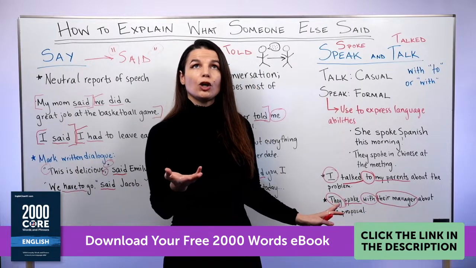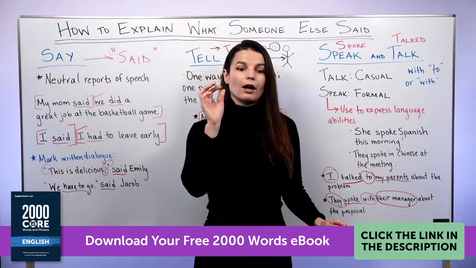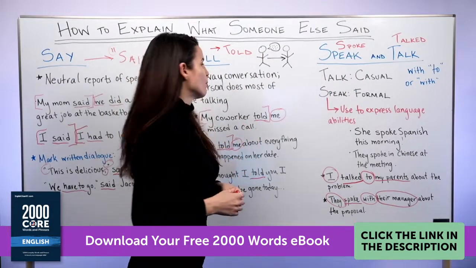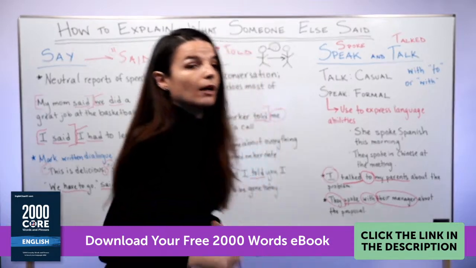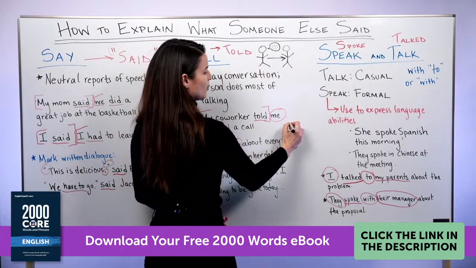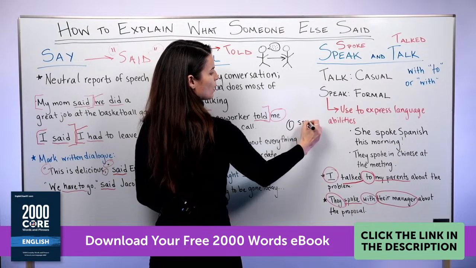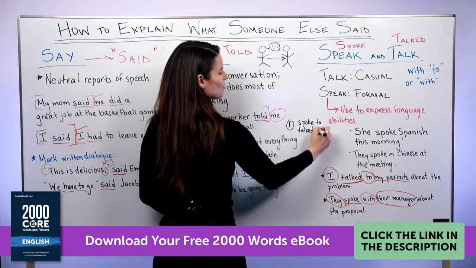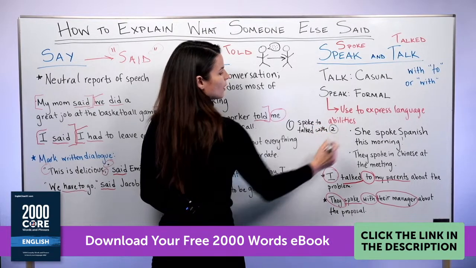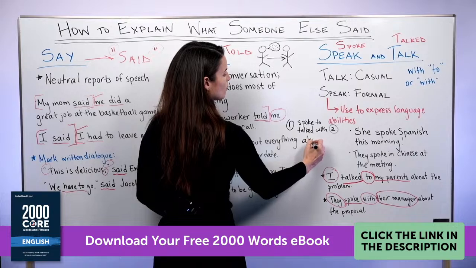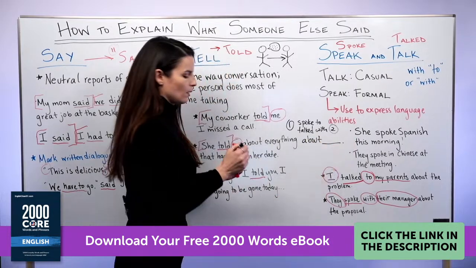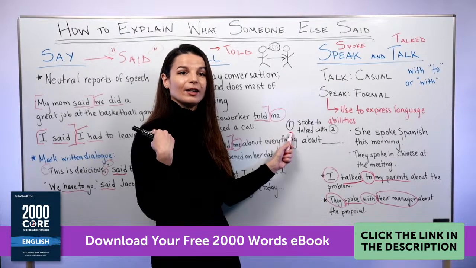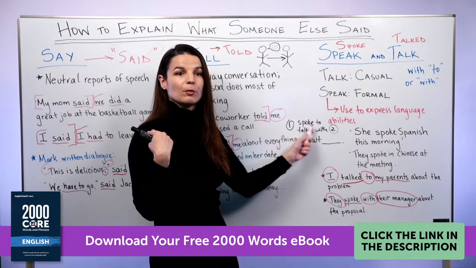So this might be a good pattern to use with speak and talk, or spoke and talked. So you have, let's see, I'll try to write it on the board. There's not a lot of space here, but you can use speaker one plus spoke or talked, and then to or with the other person, about blah, blah, blah. So, can you see that? That's one, so you, the subject, right? Spoke to or talked with or spoke with, right?